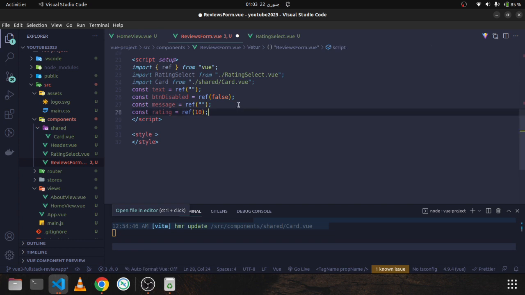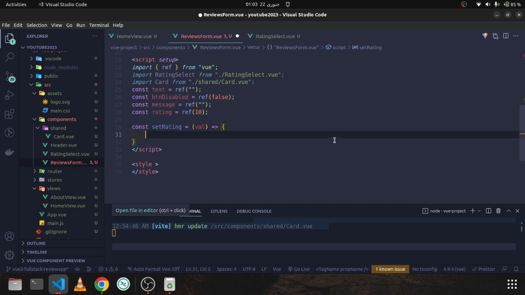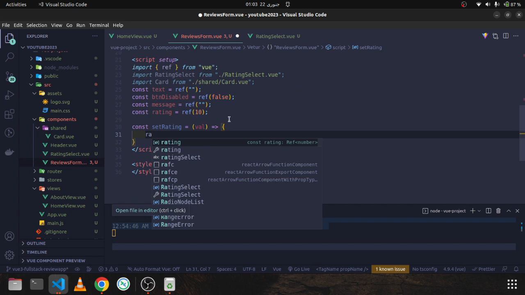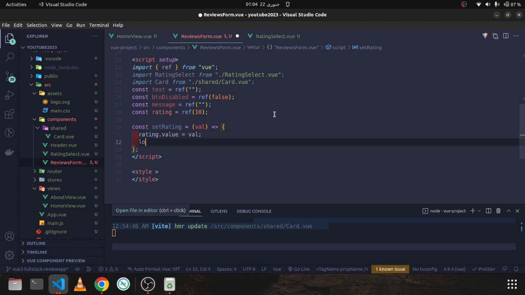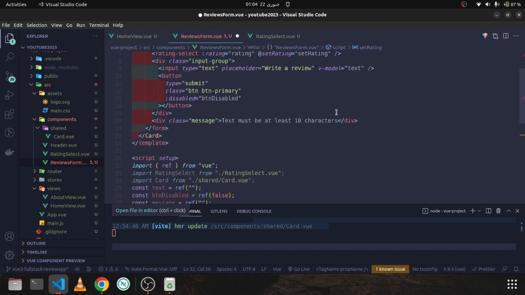I can say const setRating is equal to, obviously if you guys see here, we are passing the value. By default it is the Vue.js behavior, we will be able to access the value here. So now we can say that rating, obviously by default it is 10, but now rating value should be changed. Rating value is equal to, well, we are passing from here. Now let's save that, and I can also log things, so we can observe this thing. Now if I save that, where we are getting the error,